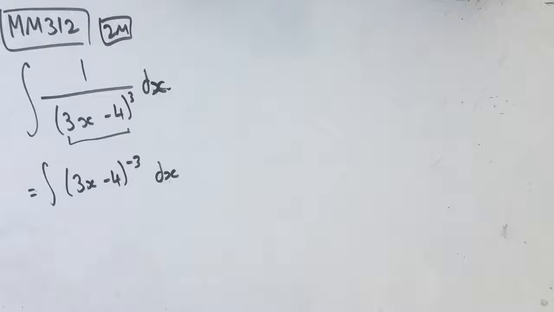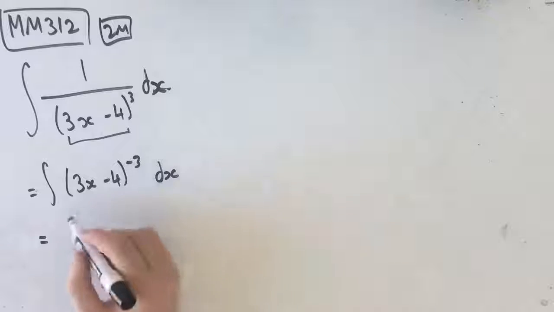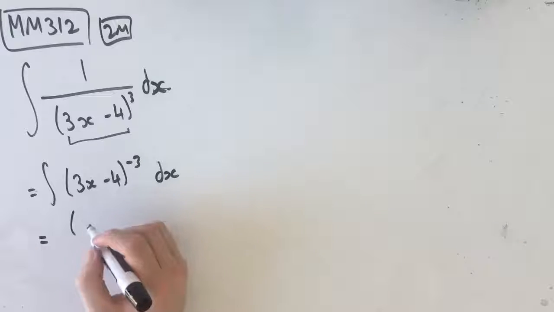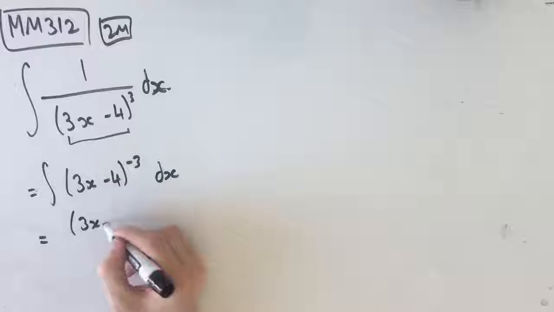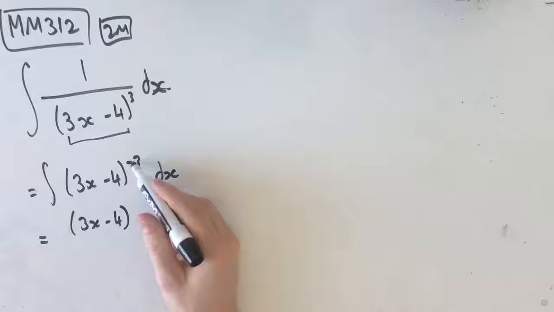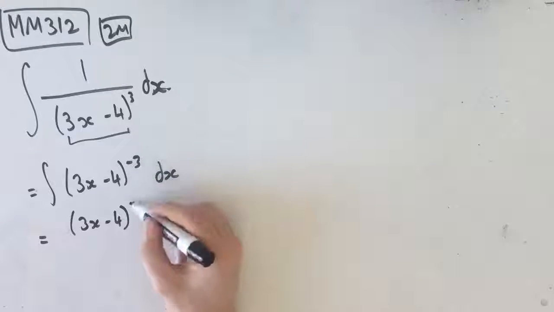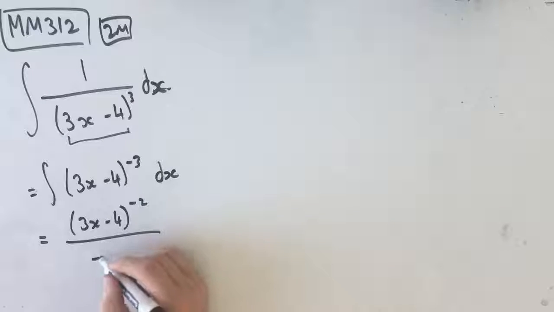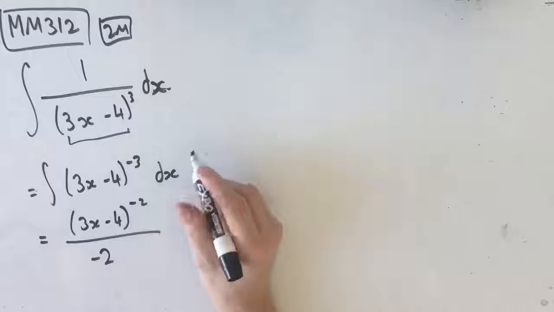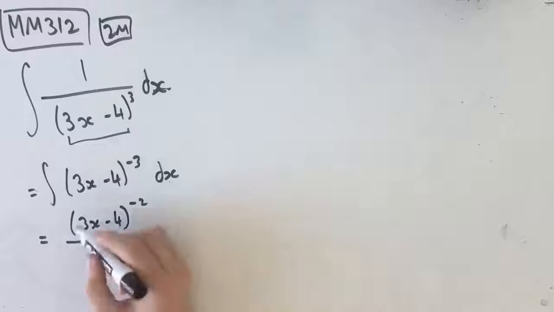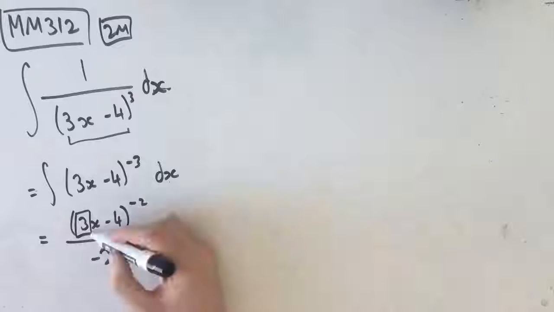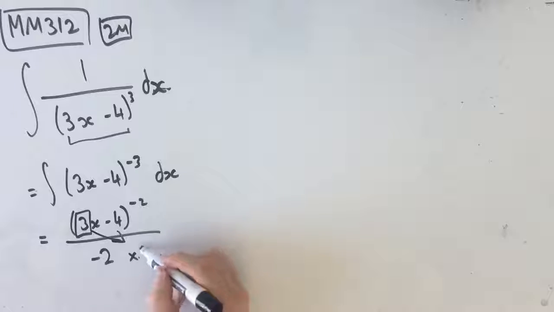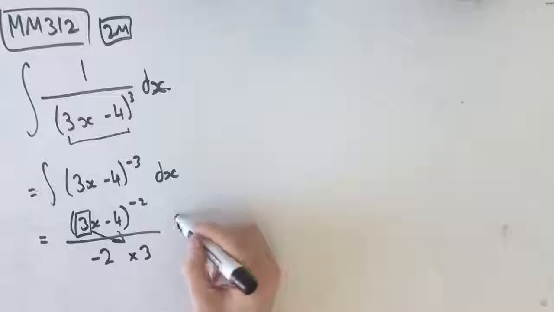questions. So our shortcut is we integrate this as we normally would with any other polynomial. So we get 3x − 4, we just leave that the same. Add 1 to the power, so negative 3 plus 1 is negative 2, divide by that new power, so divide by negative 2, and then we actually take this coefficient of x and multiply it to the bottom. So we get multiplied by 3, okay? So that's our first mark,